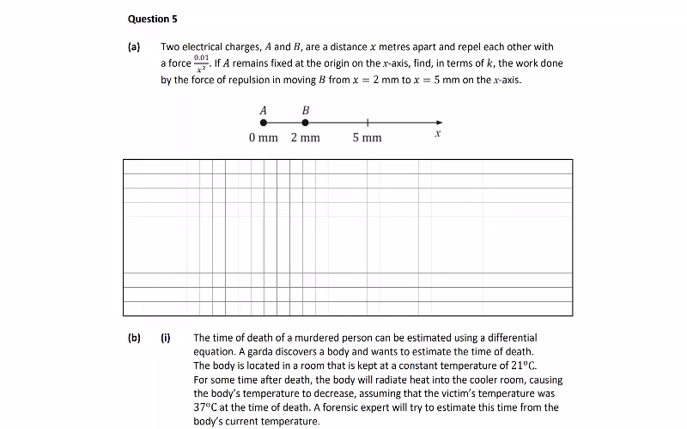Part A, we have two electrical charges, A and B, a distance x meters apart, and they repel each other with a force 0.01 over x squared, 0.01 x to the minus 2. A remains fixed here, and then we're asked to find in terms of K, which I don't think K comes into this question, but we'll find the work done by the force of the repulsion by moving it from 2